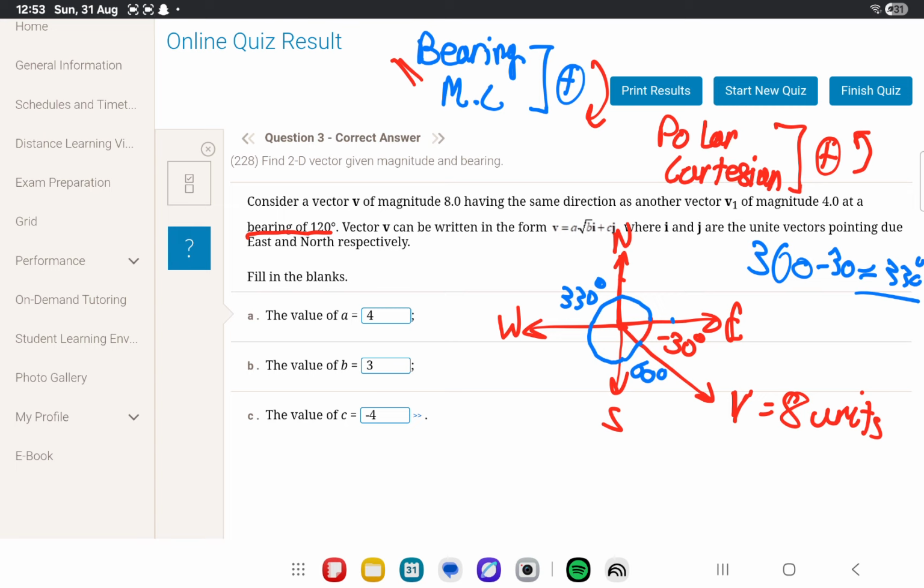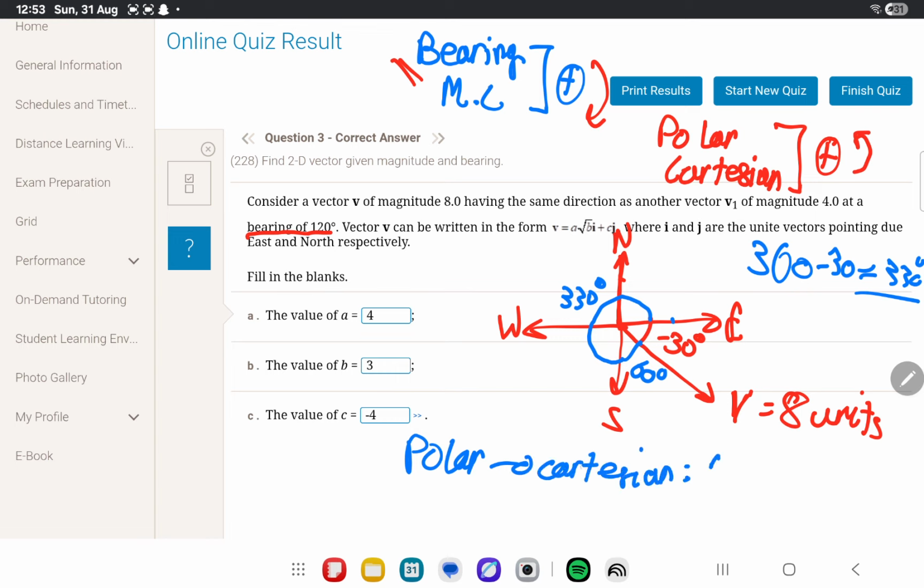So, now that we know this, it's 330 degrees. How do we convert? This, by the way, is basically polar. This is the polar coordinate system right now. We're trying to convert this into Cartesian. So to convert from polar to Cartesian,